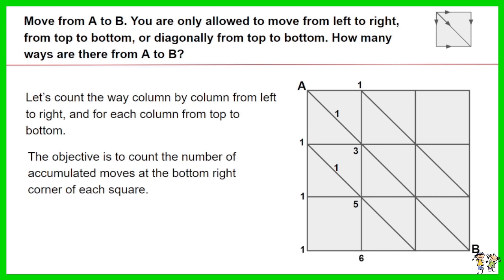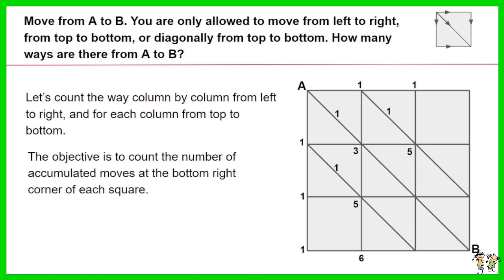For the bottom square of the left column. The accumulated moves at the bottom right corner is 6, as it includes the 5 moves from the middle square. For the top square of the middle column. The accumulated moves at the bottom right corner is 5, as it includes the 3 moves of the top square